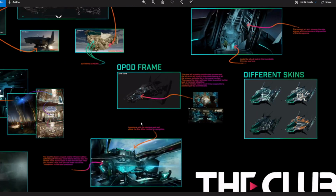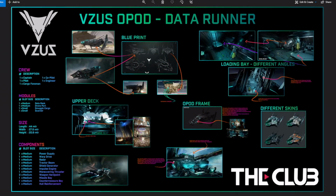But there's still so much more for us to uncover throughout this entire metaverse with each of these ships,